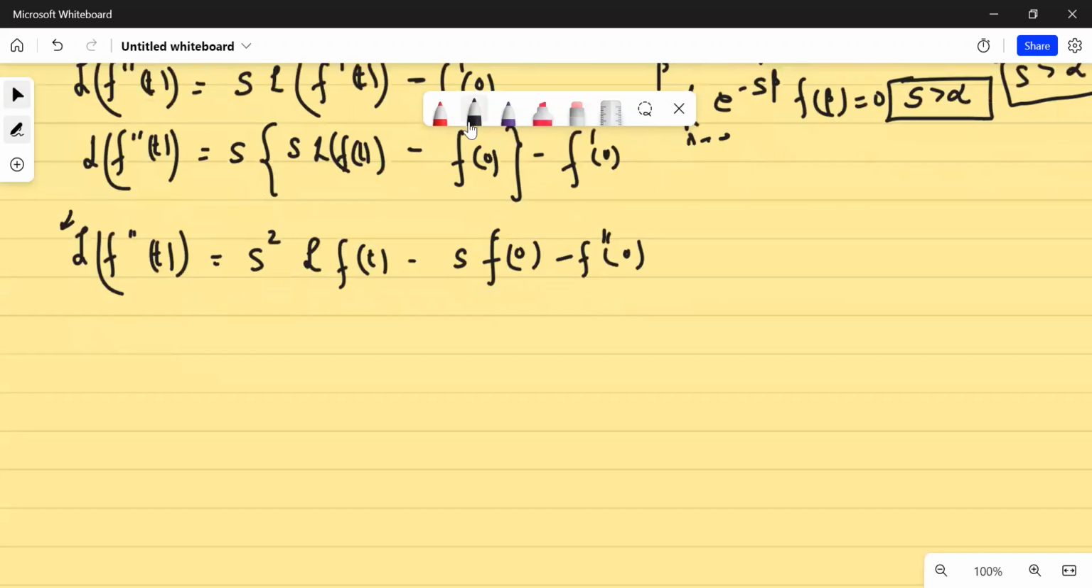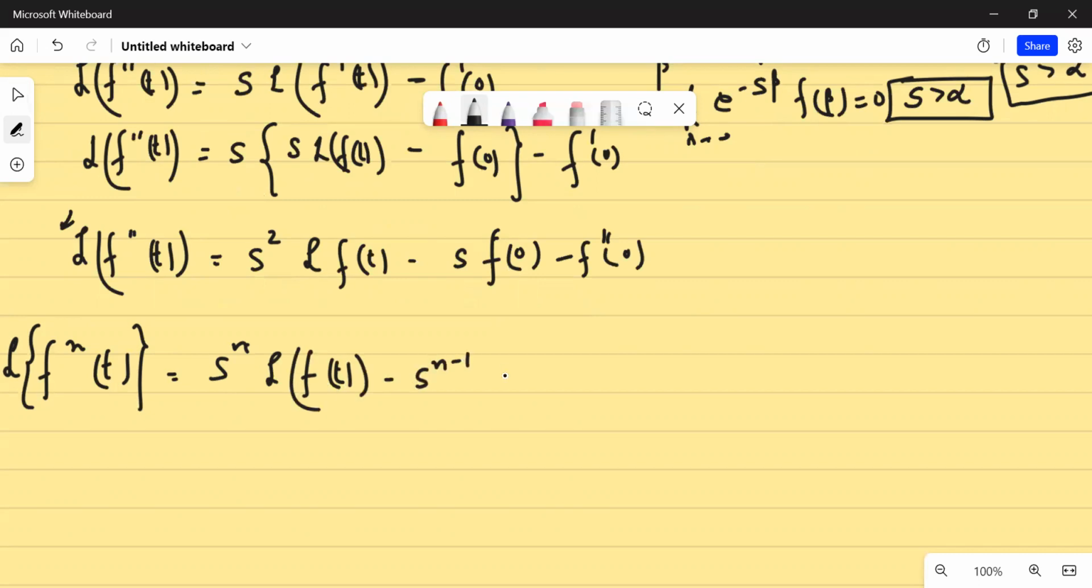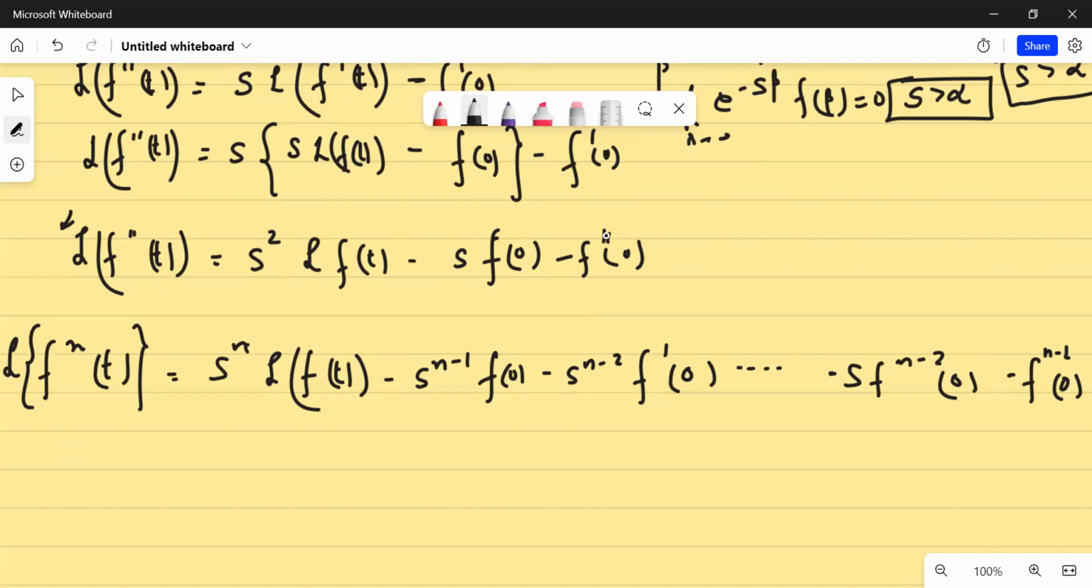And similarly, if you want to go along and find the nth derivative, that is the Laplace transform of the nth derivative of a function, this is equal to, on the given lines, s to the power n times the Laplace transform of f(t), minus s to the power n minus 1 f of 0, minus s to the power n minus 2 f dash 0, and so on, minus f of n minus 1 of 0. So this is how you can find the Laplace transform of the nth derivative of your function, given that